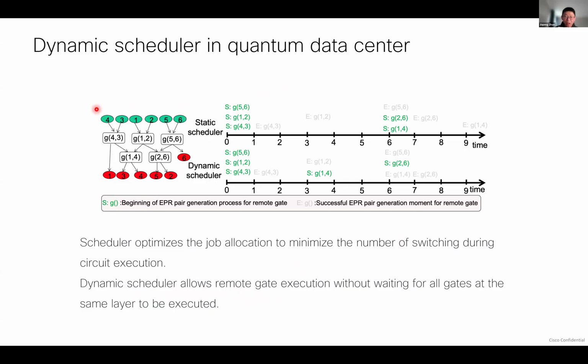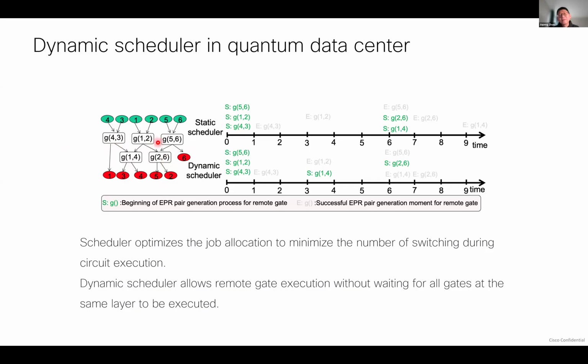In the conventional static scheduler, the execution of the gates has to happen for each layer sequentially. For example, in this case, we have to execute the gates between QPU 3 and 4, 1 and 2, and 5, 6 first, and then we go to 1 and 4 and 2 and 6 later because they